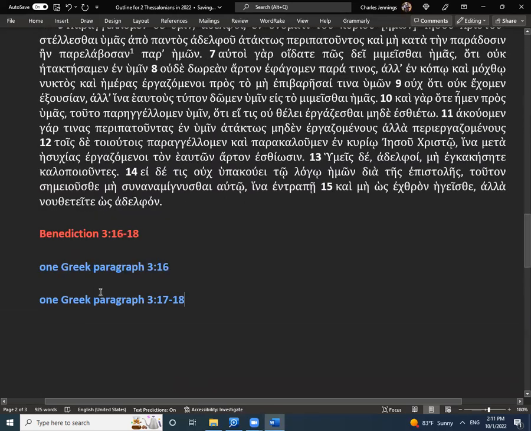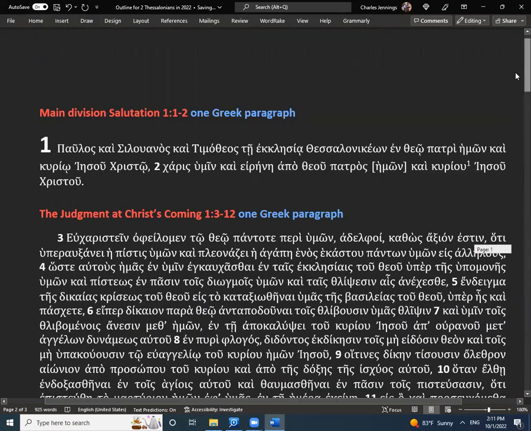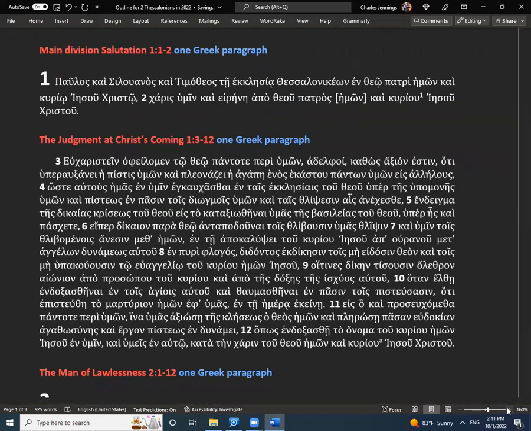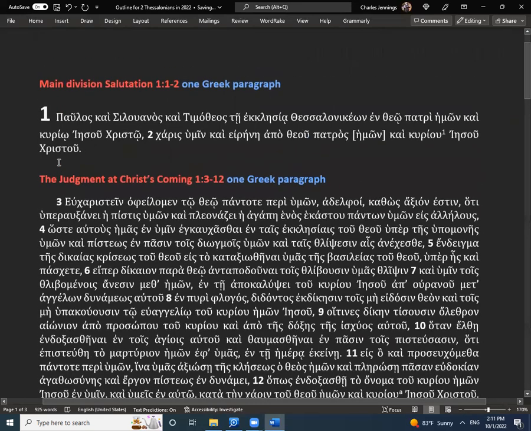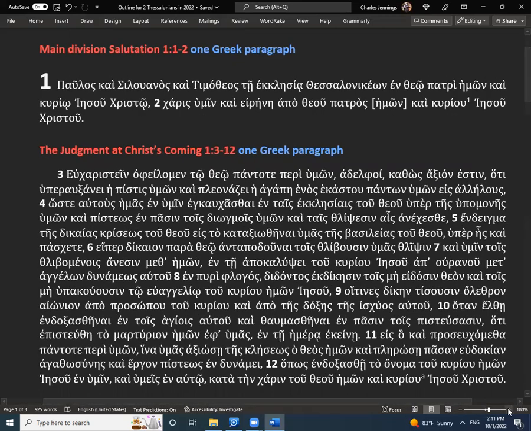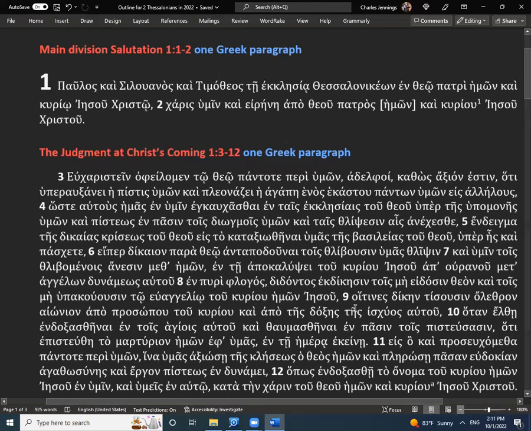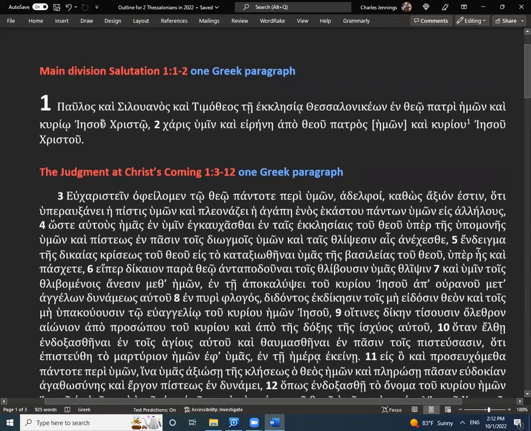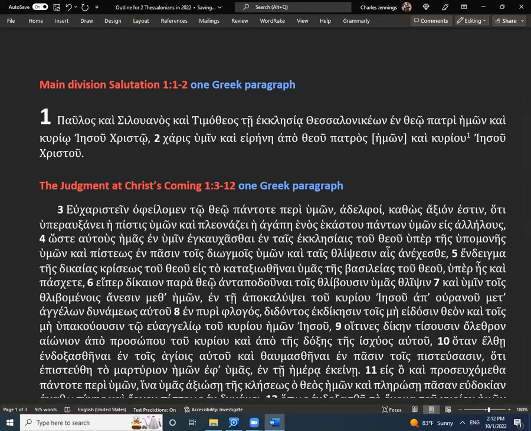All right, now that we have that structure, we want to go and find our Greek sentences. A lot of different ways we could do it, but we're going to go with this route. I'm looking for sentences, question marks, exclamation points, main sentences. We're going to make this big enough where we can see the Greek punctuation. All I'm doing is skimming for this. There's one sentence here, so this is one sentence also. So we can go ahead and put